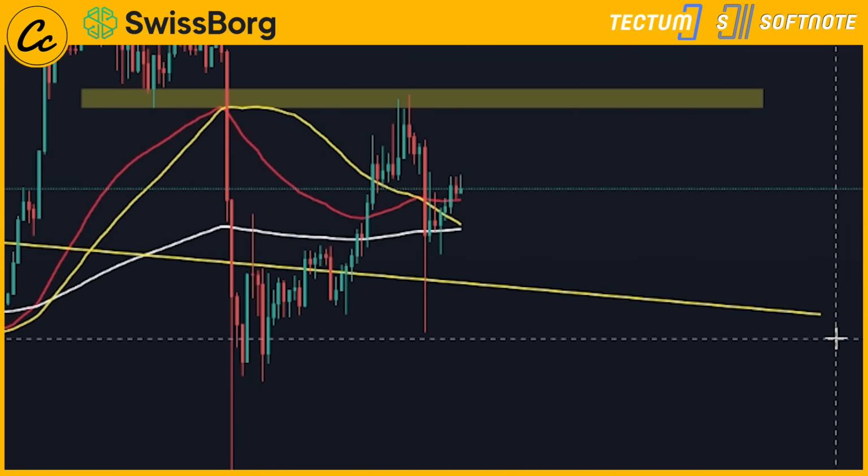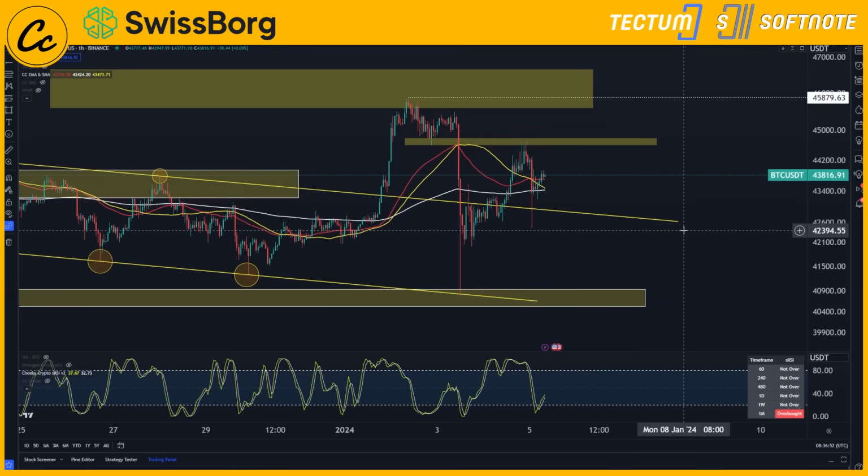Here you can see that we have a death cross looming. We have the 50 SMA at 43,473 looking to cross down lower than that of the 200 hourly EMA at 43,424. This death cross on the hourly chart will probably spark a further move to the downside, where we'll be